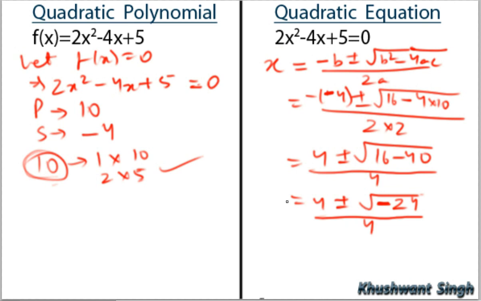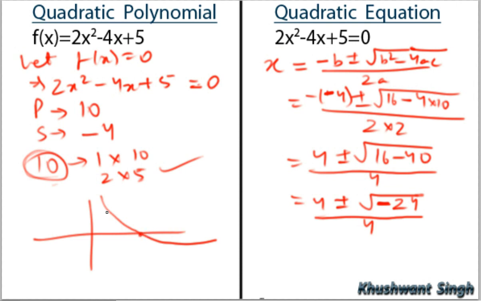Can you tell me any number whose square is negative? Have we ever studied that? Till now we haven't studied, though those are categorized as complex numbers, but we don't really deal with that in polynomials and equations. Especially in polynomials we do not deal with that, because polynomial zeros mean the points where the graph cuts or touches the x-axis. And this is a real number line, meaning only real numbers are there, and a complex number is an imaginary number. So you cannot really show that in here.